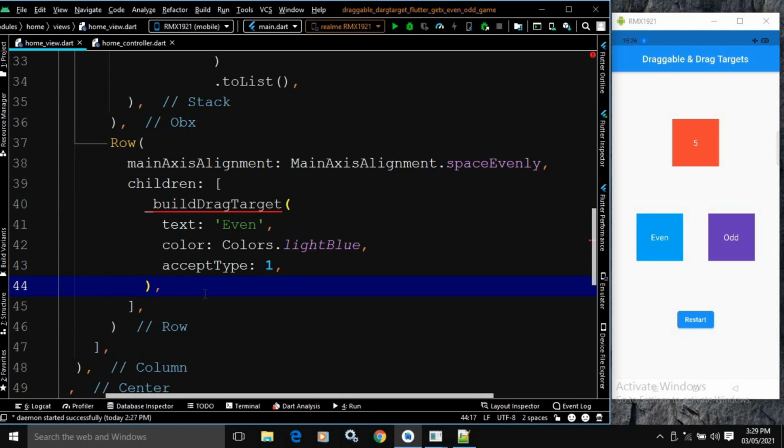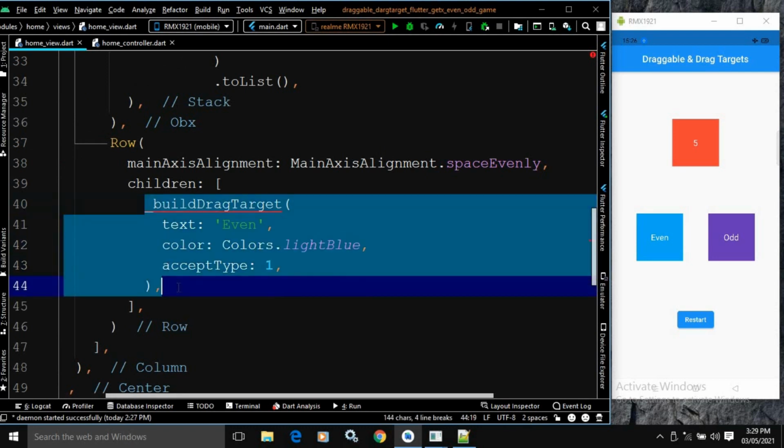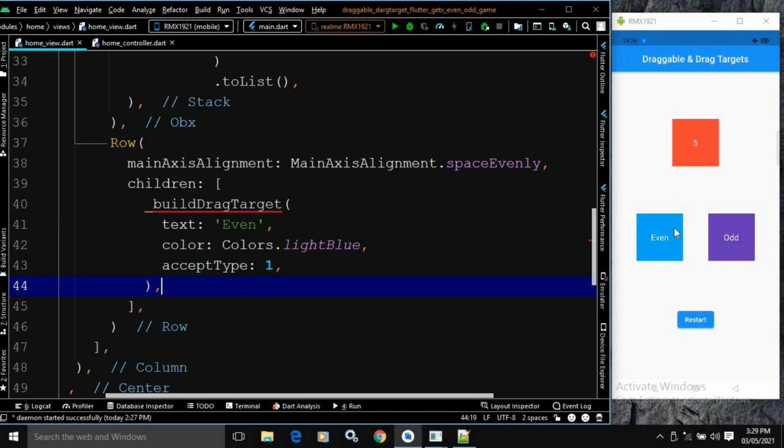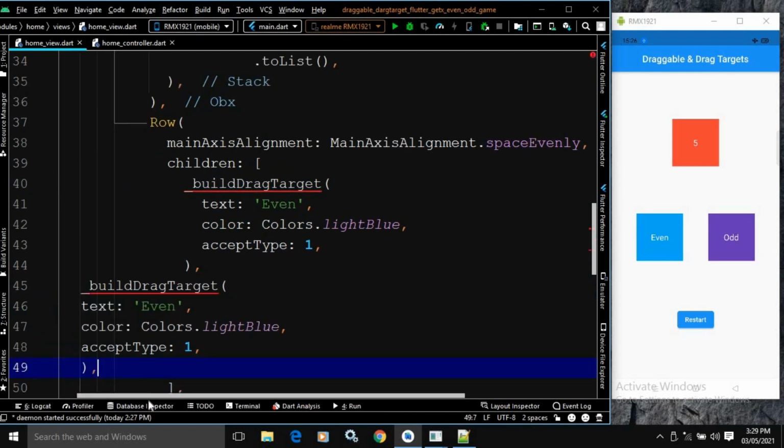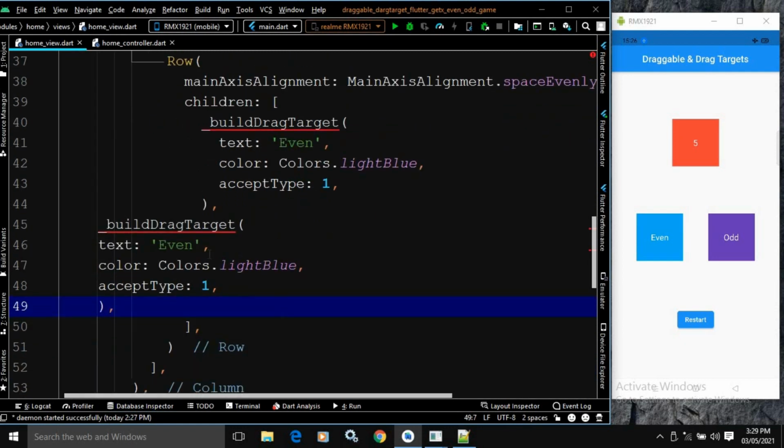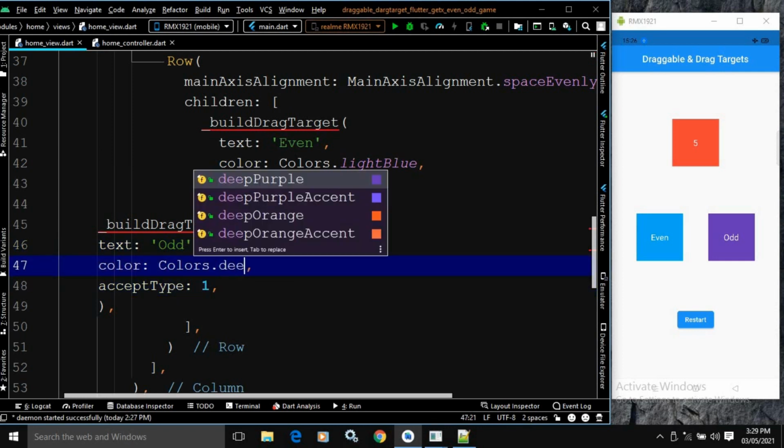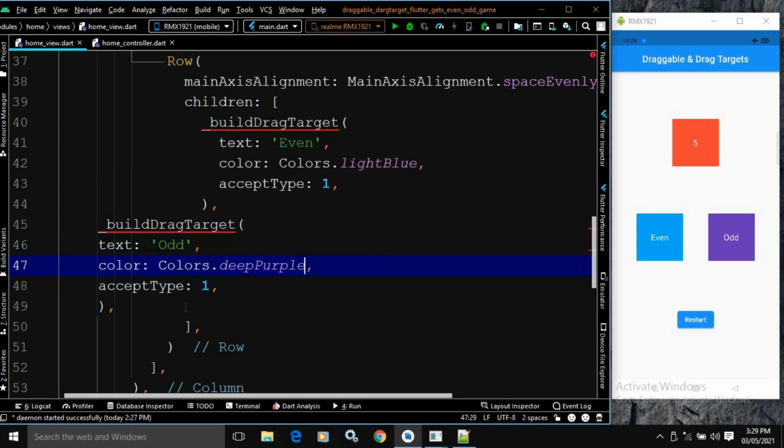Okay, now after that let me copy this once again, because here I need to create two drag targets. So I will simply copy this and paste it here, and instead of this even, now it will be odd, and the color will be deep purple, and in the accept type here I will pass the value as 0, right?